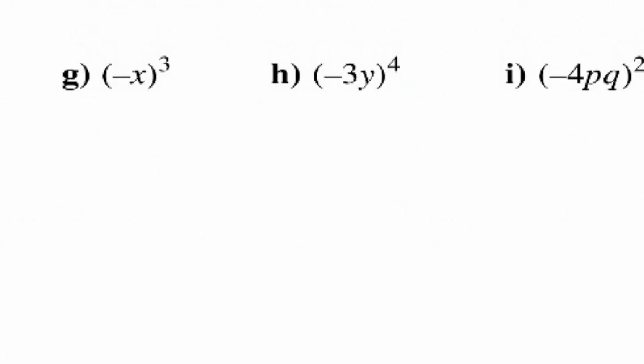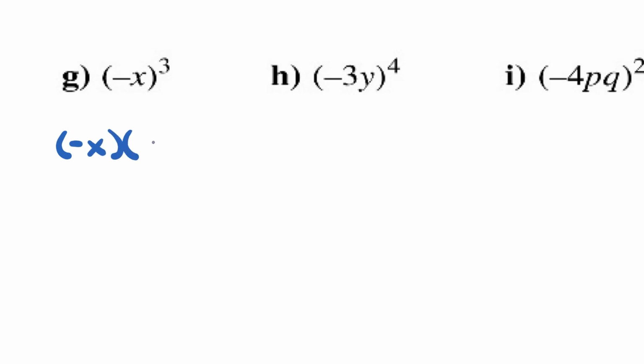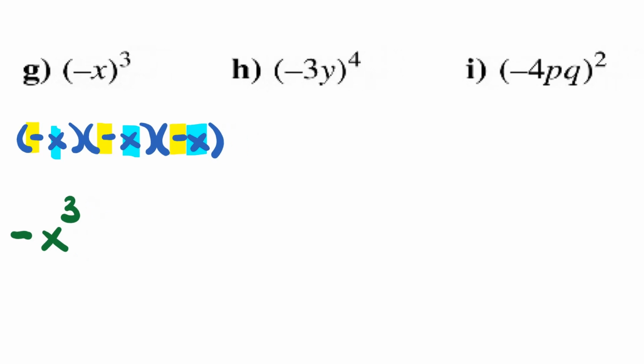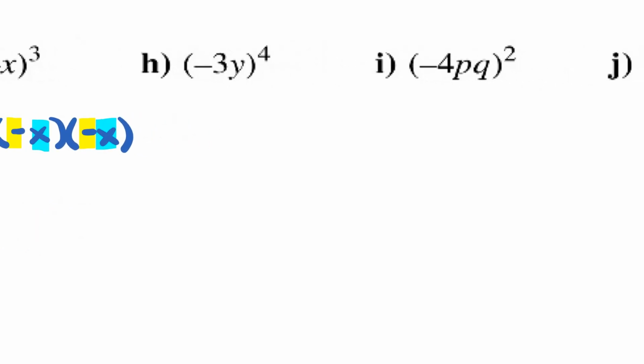Okay, let's move on. This one here you might want to think about. I would write this as a repeated multiplication. Anytime there's a negative inside the brackets, you want to be careful there. And since you have an odd number of negative signs, the final answer will be negative. And if you multiply x times x times x, you just get x to the power of 3. So that's it for that particular question. For letter H here,